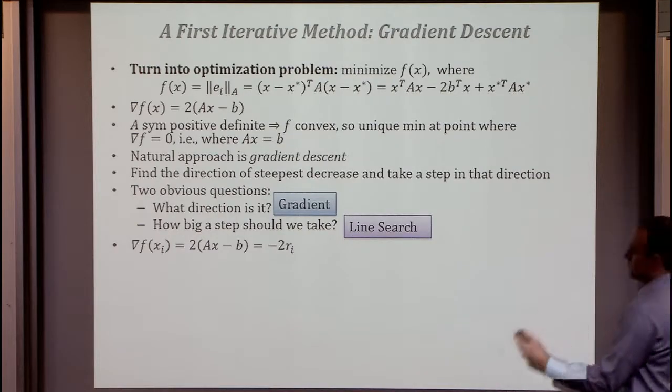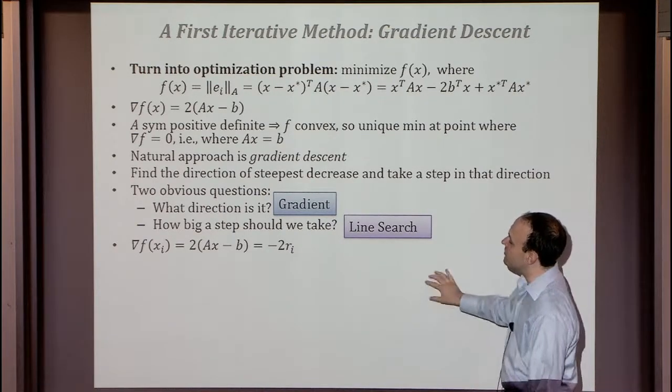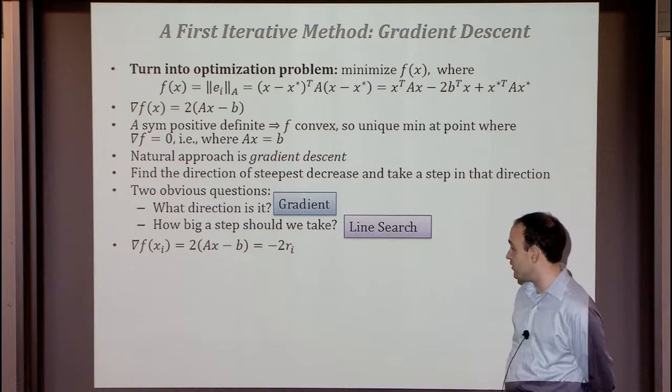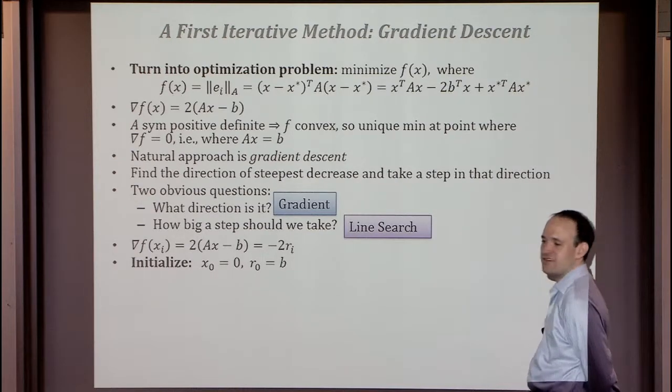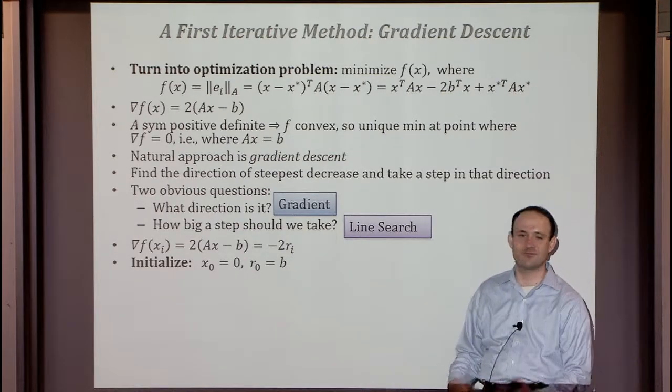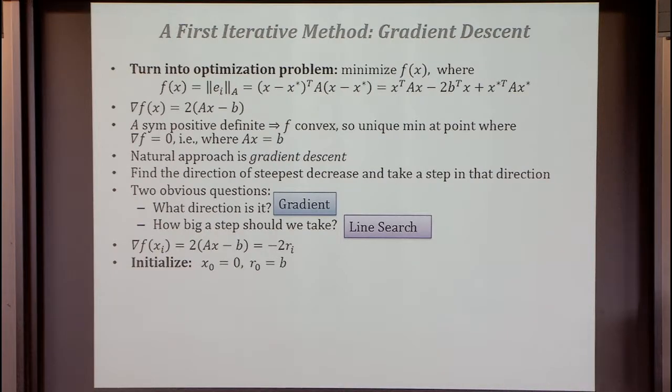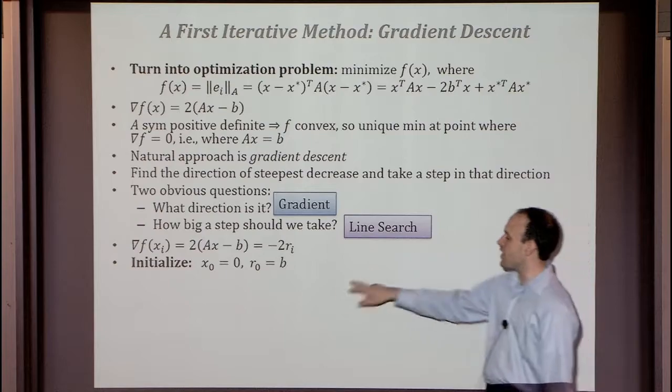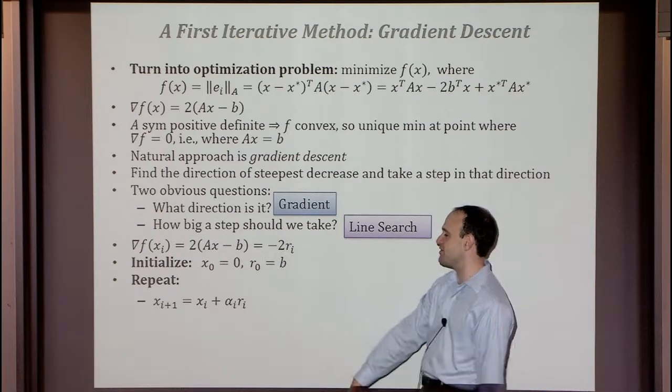Okay, so filling through the instantiation of this, the gradient is just negative 2R_i. And our algorithm is just going to be, initialize it. We're going to start with a guess of 0. That's without loss of generality, because you could just replace x with x minus your initial starting value, and so you might as well start with x as 0.